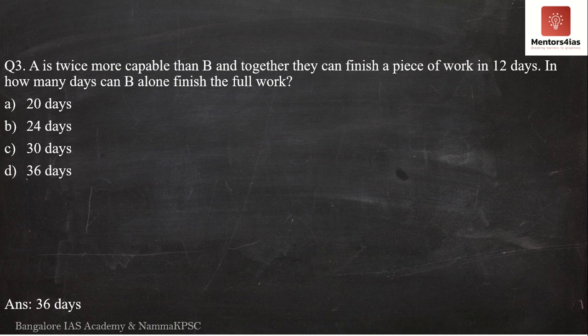Okay, now let me assume some number. Now see, the thing is that since I only have 12, I really don't know which number to assume, but let me assume a multiple of 12. So let me take the amount of work to be done to be 48 chocolates. Now if both A and B are working together, they complete the entire work in 12 days, that is, they're able to eat 48 chocolates in 12 days.